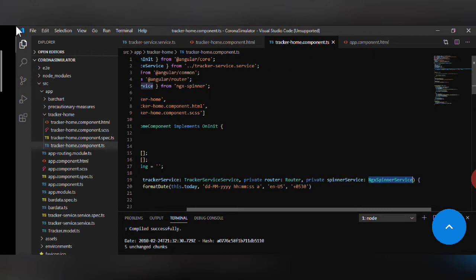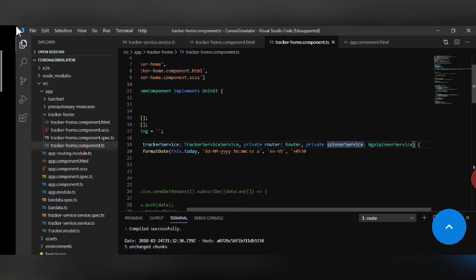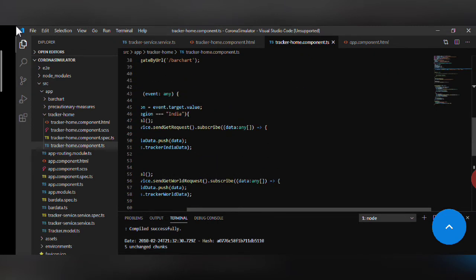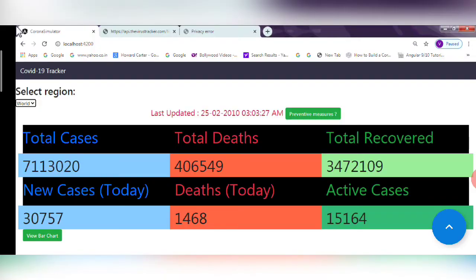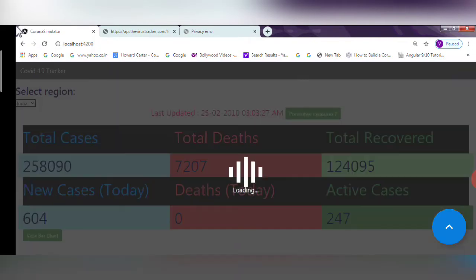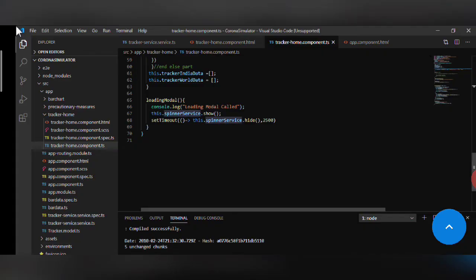So once this service gets injected, we can call the inbuilt methods, that is show and hide. ngx spinner dot show will show whatever icon is displayed here, and you can select any type of icon from the various websites available.